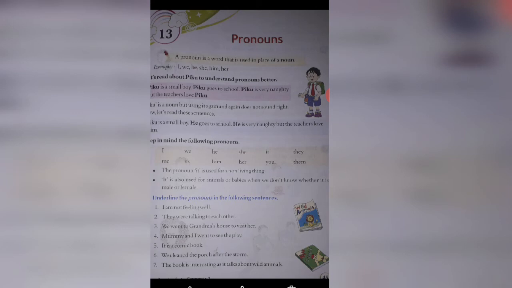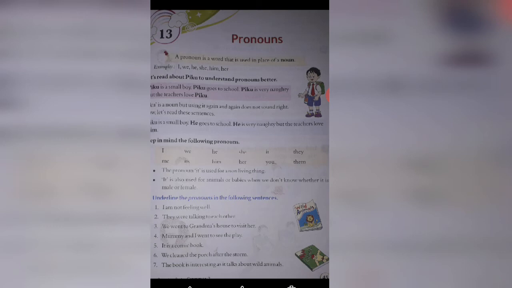Number 2, they were talking to each other. Here they is used for someone else and more than one. We are talking about more than one person and someone else. So we are using here they. Now just try to replace the pronoun with the noun, just for your understanding. मान लो कि they की जगह पर